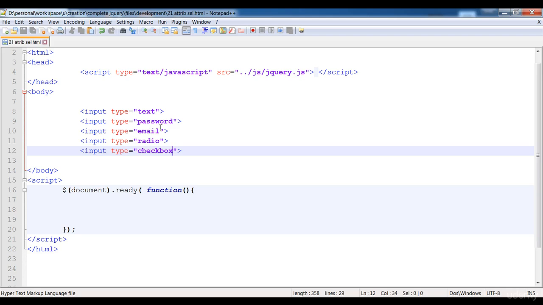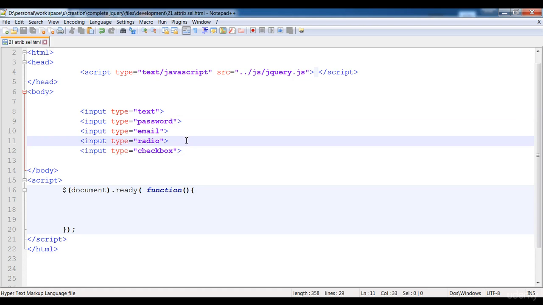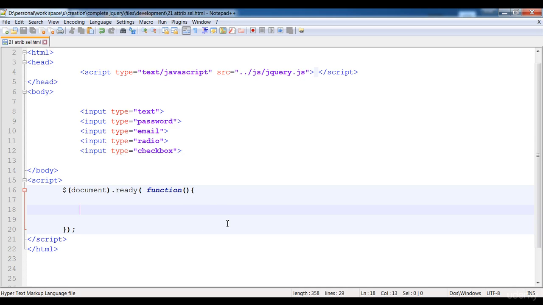Now what we are going to do is select type equal to text, type equal to password, and type equal to email as attribute selectors. I'm going to use them to give different styles to these fields. Here are these fields, and first of all I'll give the style to the